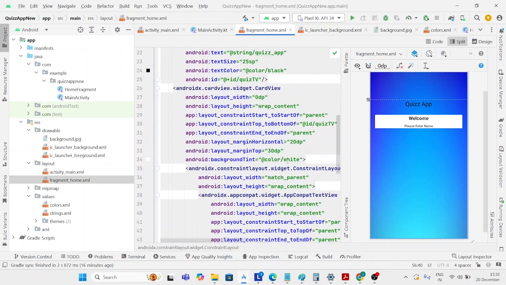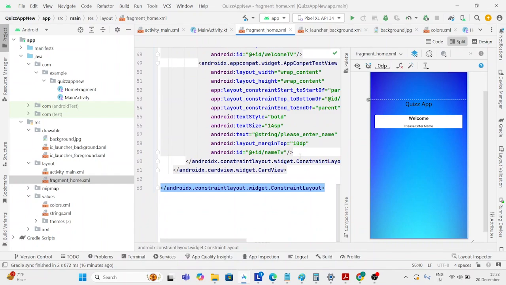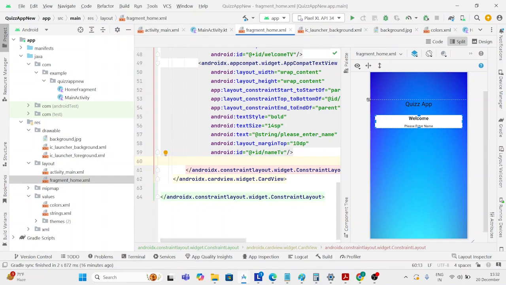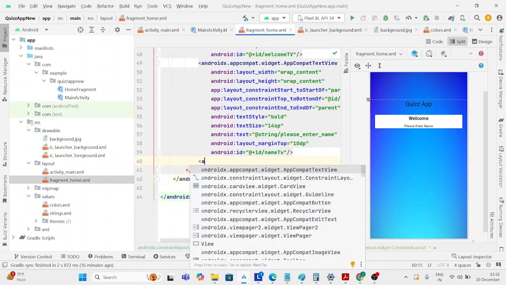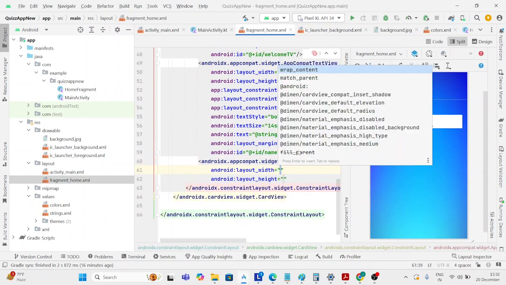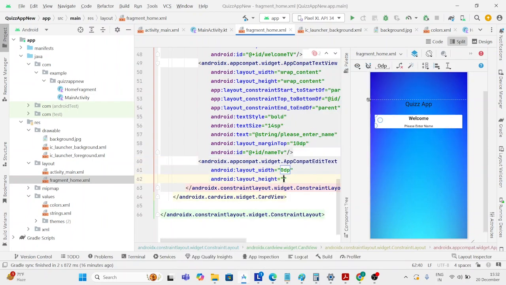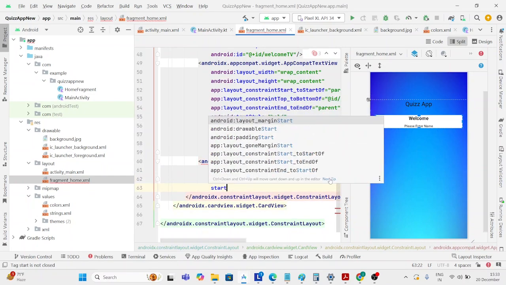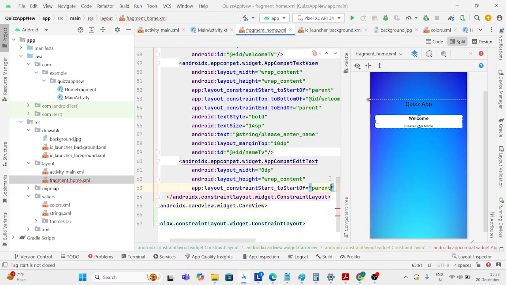Okay, look gorgeous. So after this text view, I need to take one edit text. Okay, let's take one edit text after this text view. AppCompatEditText, and the width I'm setting as 0dp, and the height I'm giving it as wrap content. Okay, now let's specify the constraint. Start to start of parent and top to bottom of name TV,